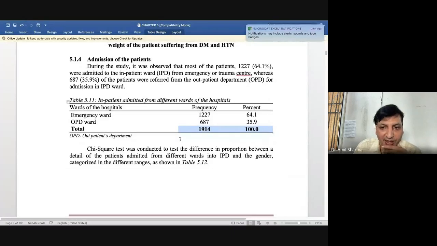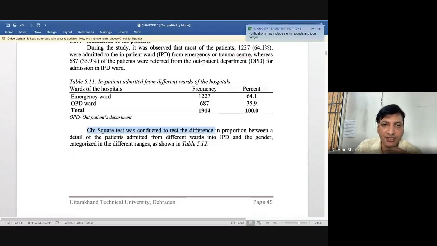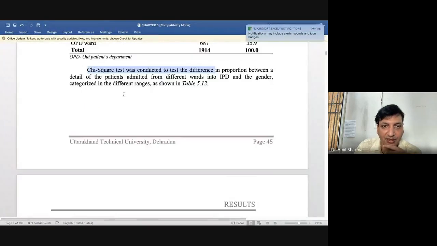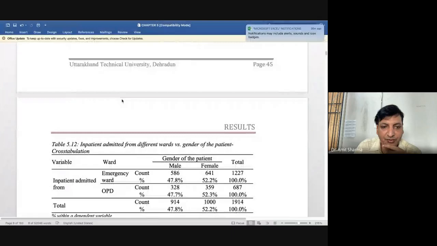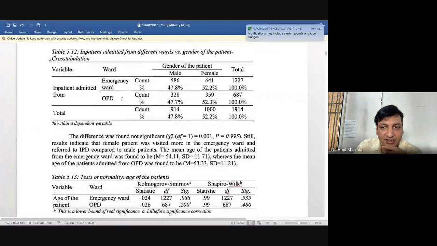Now for categorical variables, the most common test which we apply is the chi-square test. This we have to do in further classes. I think after 2-3 days we are going to do this chi-square test, which will be used for the categorical variable. And the writing style of chi-square is this.